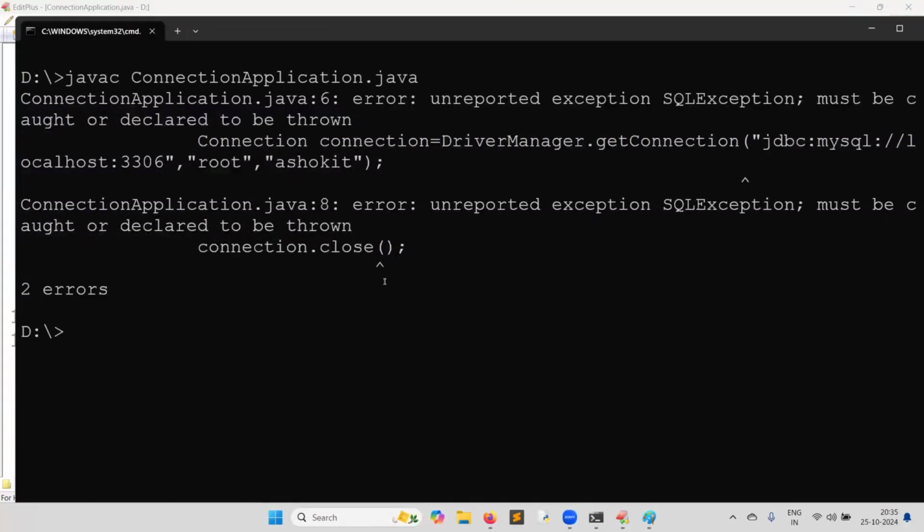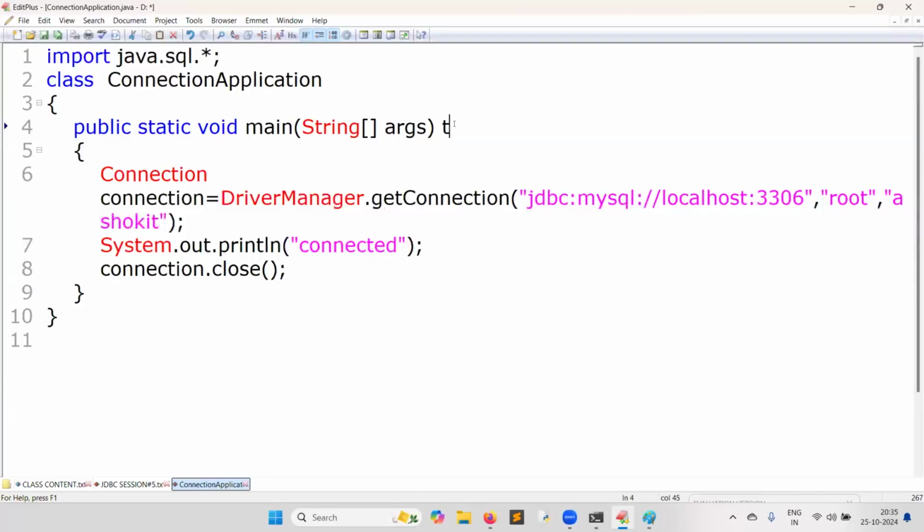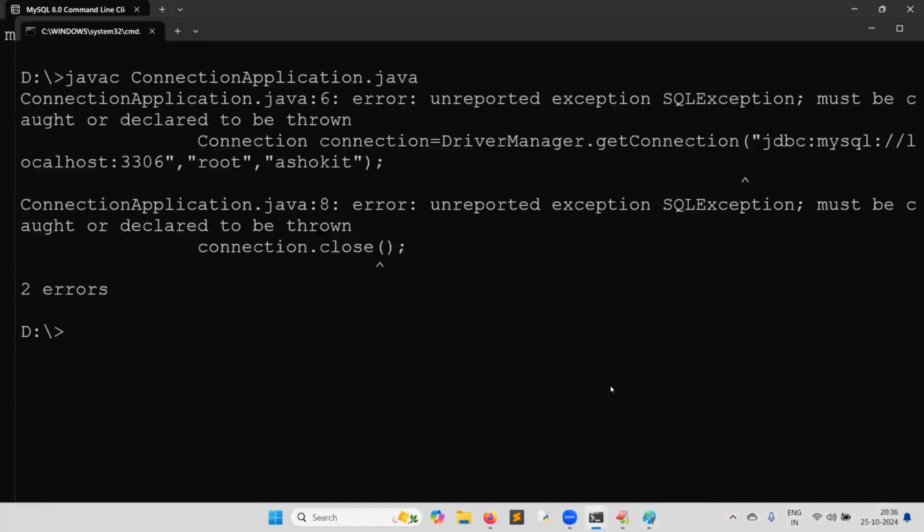We have to handle the exceptions. I am not handling the exception here. I am escaping from exceptions. This is not exception handling, it is escaping from exception handling. Those who don't know exception handling, don't worry about this. Learn by heart 2 words: throws, all small letters, and SQLException, 4 capital letters, no space. Only that much, that's all. So now let me compile again and run this. Yeah, compilation successful.